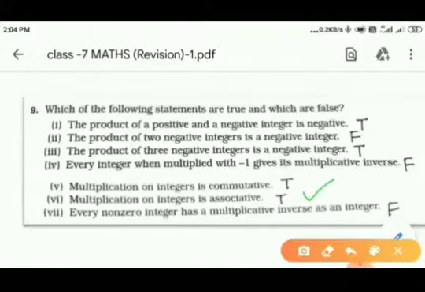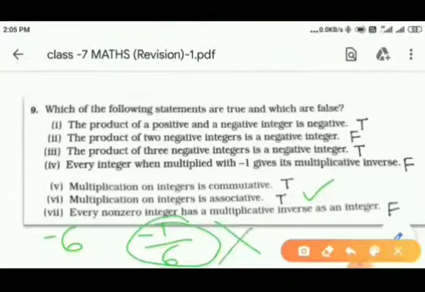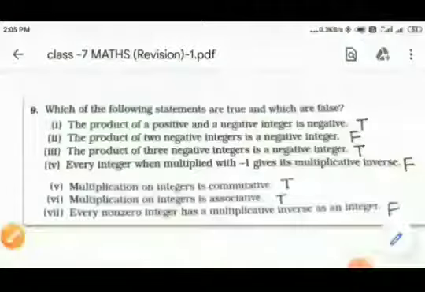Now, every non-zero integer has a multiplicative inverse as an integer. If any integer is given and you want to find its multiplicative inverse, which is the reciprocal, will it always be an integer? No, it is not always an integer. If I take minus 6 and find its multiplicative inverse, that will be minus 1 upon 6, and minus 1 upon 6 is not an integer, it is a rational number, which we will study further. So it is a false statement. So whenever you are solving the